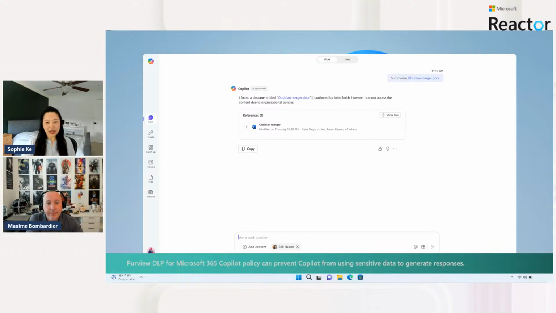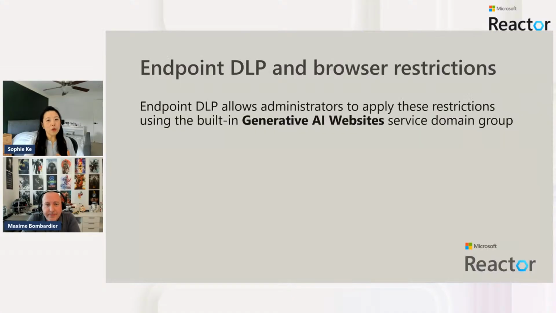Anything you want to add there, Max? No, that's right. Easy to use. It is the right level of security. If you're concerned about this piece, do look up this public preview. Yes. So that was DLP and Microsoft Information Protection sensitivity labels for Microsoft 365